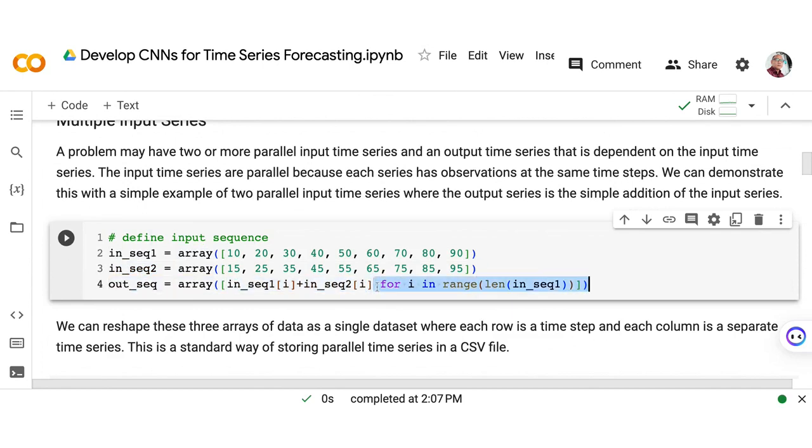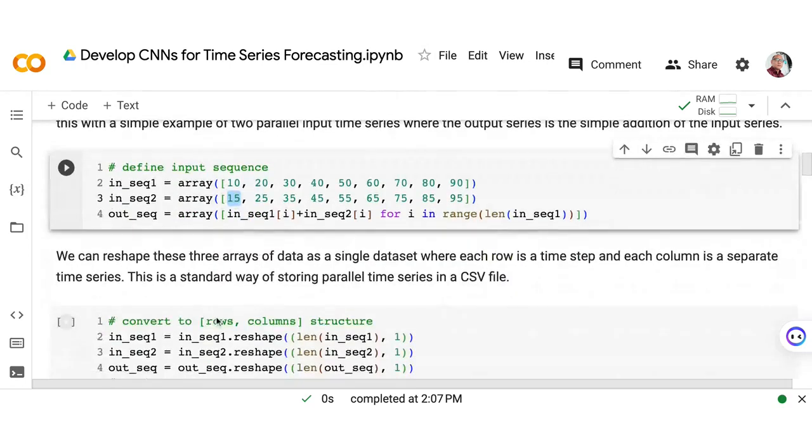We created a loop here so that for the input 1, 10 plus 15, they will be summed and totaled, and then the resulting value will be in the form of an array as our output sequence.